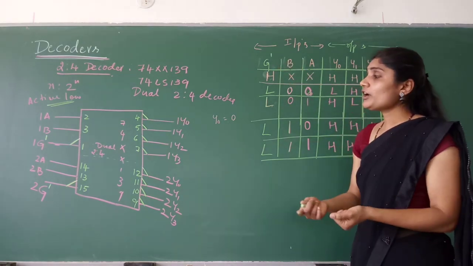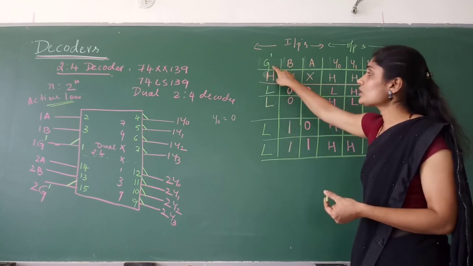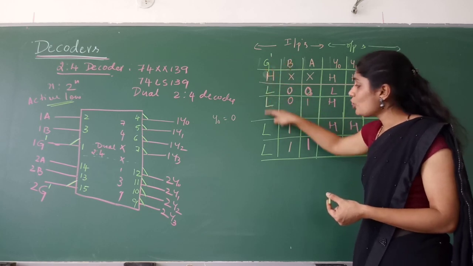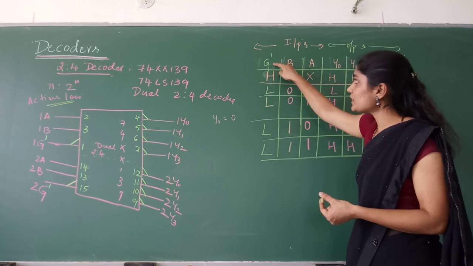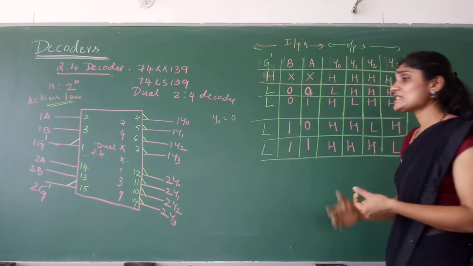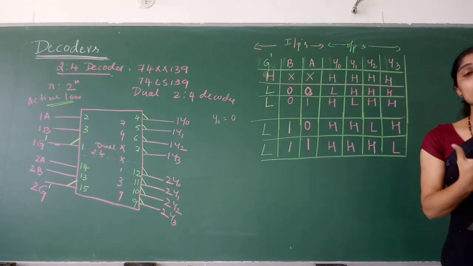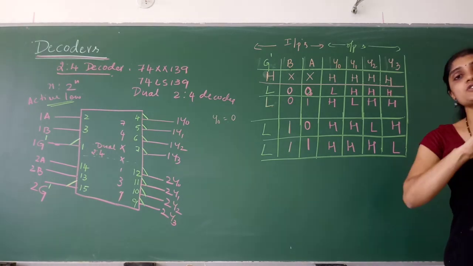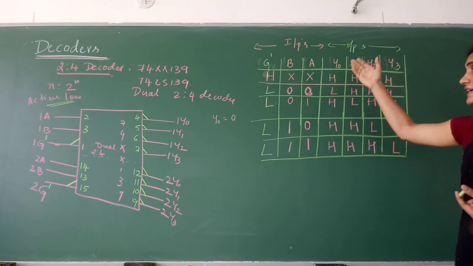And how are you going to make the decoder IC work? By giving a suitable signal at G dash. What is that signal? You should give a low signal to G dash. Since it is active low, only when you give low will this be active. Otherwise, no. That is the meaning of active low. It is exactly the opposite of the usual method. Whenever we want to indicate any signal is active, we give it as 1, right? But here it is opposite. The input and output lines are usually active high, but this is active low.